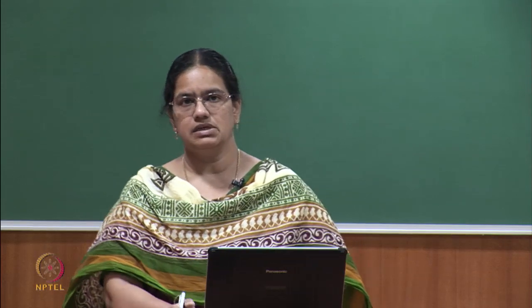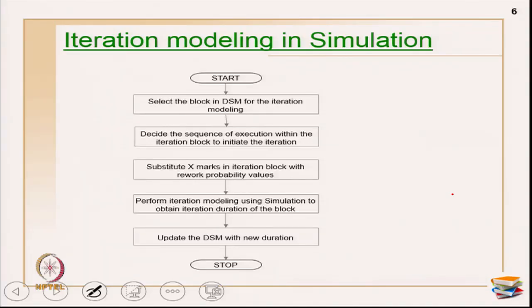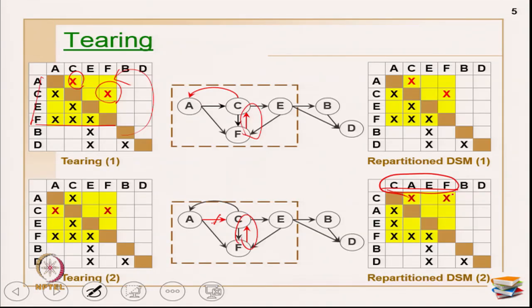Now, the next question that comes is: is this a better sequence, or is there any other sequence which is really good? To answer that question, you have to do iteration modeling, which implies identifying the duration of this particular block.